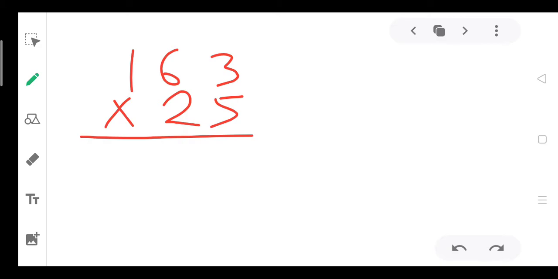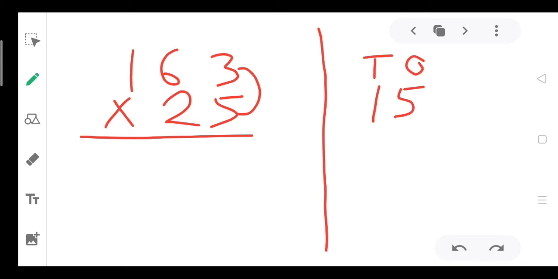So students, the first step is we will start multiplying by the first digit 5. We will read the table of 5 up to 3s are, or you can read the table of 3 up to 5s are; the product will remain the same. So 5 3s are 15, and what is the meaning of this 15? It is 10 plus 5. So here ones are only 5 and tens are 1. So at the ones place we will write 5, and this 1 will be carried over to the tens place. So over the tens place we will write 1 as a carry.